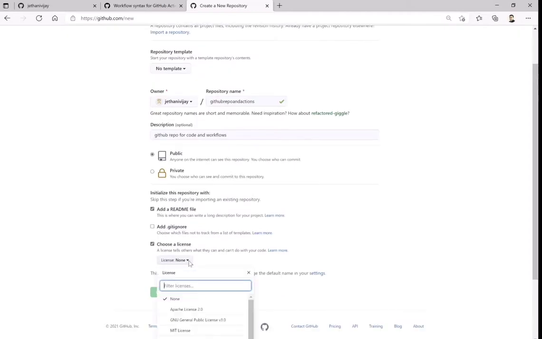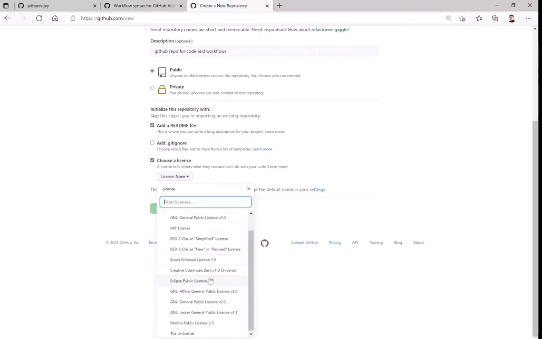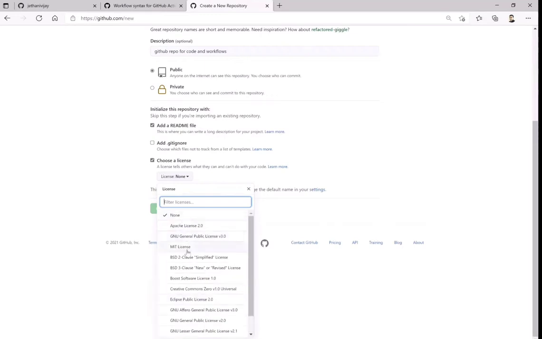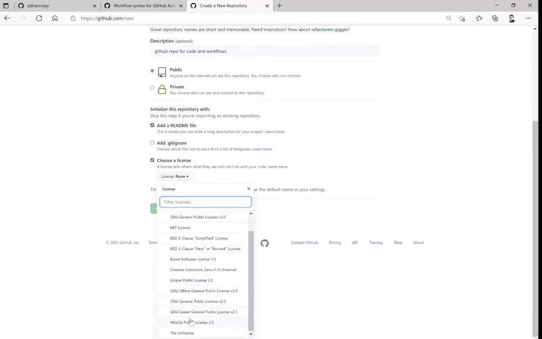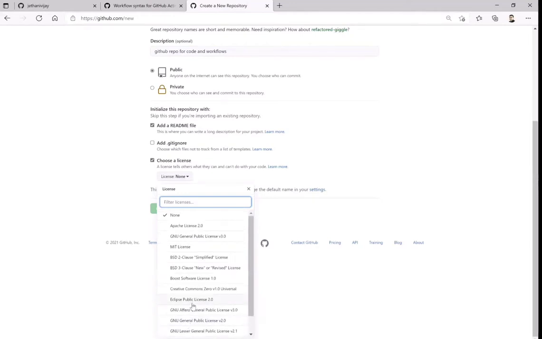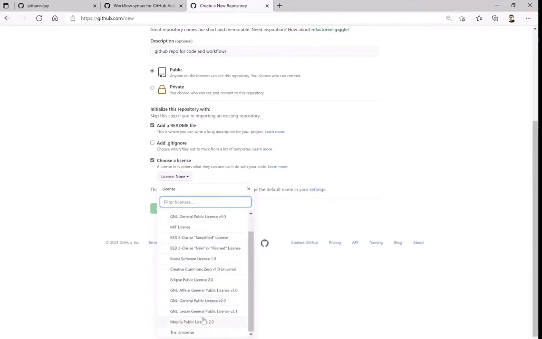From the licensing perspective, you can choose from different licenses. To understand what these open source licenses do, I think there is an open source forum for that. You can go and check under what circumstances you can share particular content publicly.